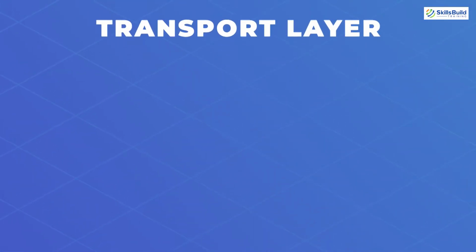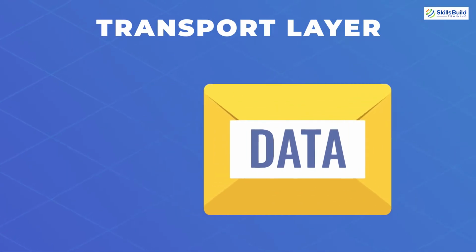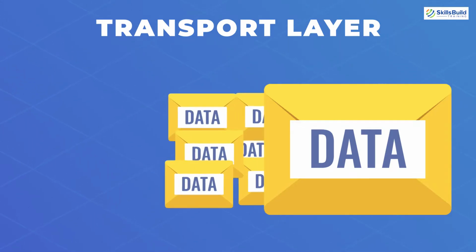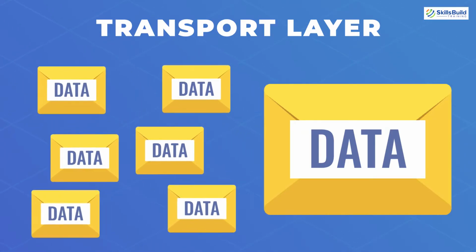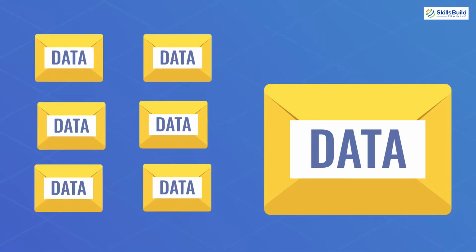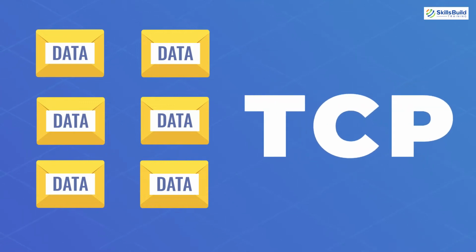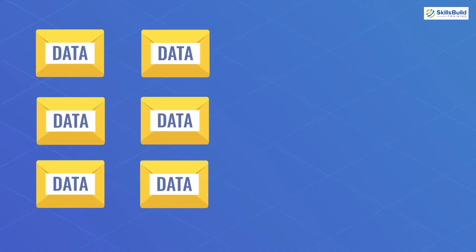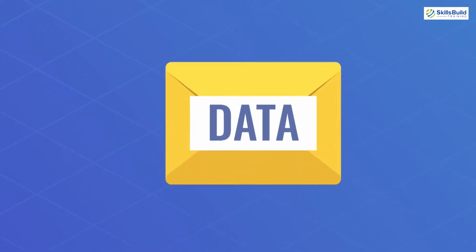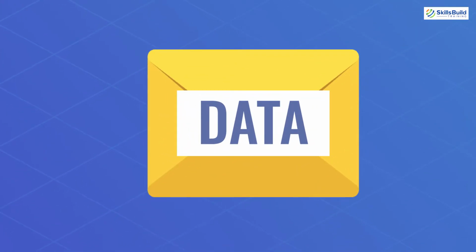The next layer is the transport layer, and it works on the data which gets transferred from the session layer and breaks it into segments. In simple words, by segments we mean small parts. It is also responsible for assembling the segments when it receives the data. The TCP protocol works on this layer. So obviously, when we divide a message or data into segments, we must reassemble those segments in order to get the data in full form. The transport layer works on that.